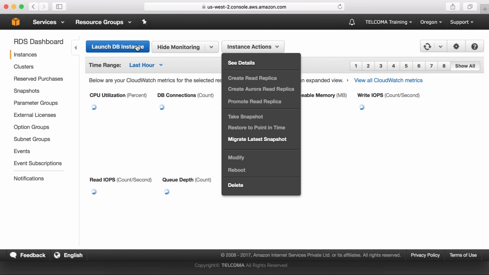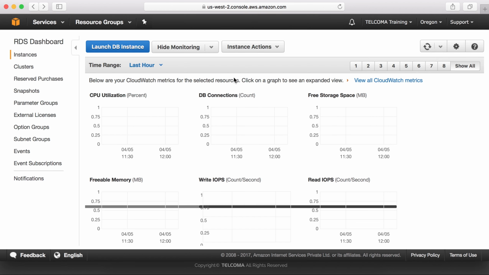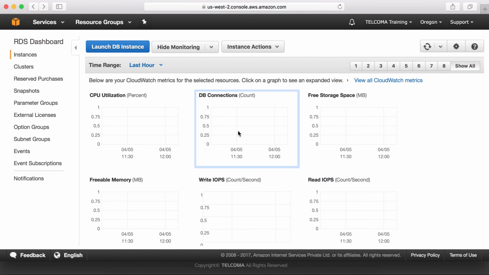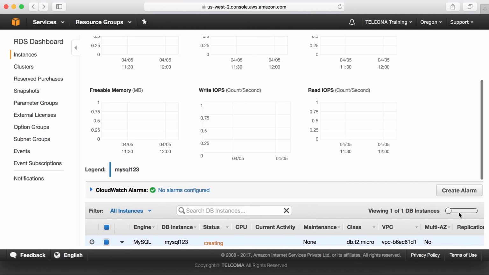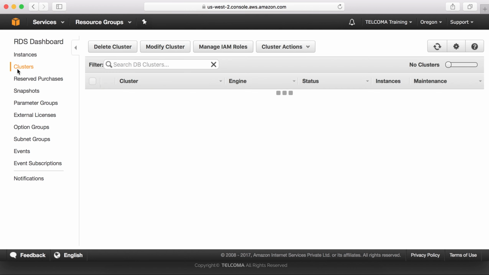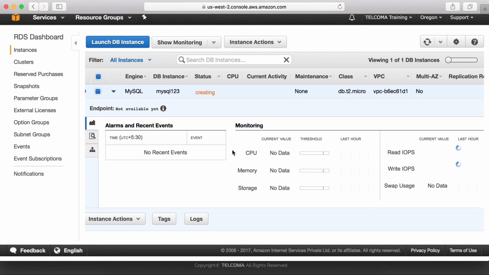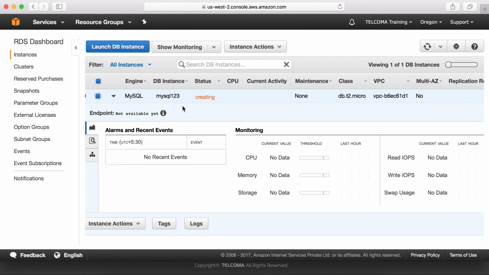After that we can show monitoring. We can have instance details and see the details of our instances: the CPU utilization, connections, free storage space, input outputs, memory. This is also still creating, which means it is taking time for creation. We can set up the clusters, instances. Create. So this is